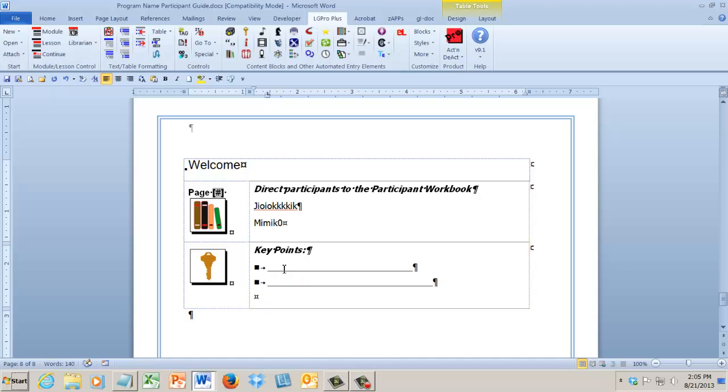So I can set this up however I want, again using these buttons and adding modules and lessons and so on. And again, I would update all fields every now and then and save my work. And now, leaving this participant workbook open, I'm changing this. And of course, you could get rid of this, direct participants to the participant workbook. You might not want that, and you could format this text a little differently. So again, saving, and now I'm going to go back to my leader guide,